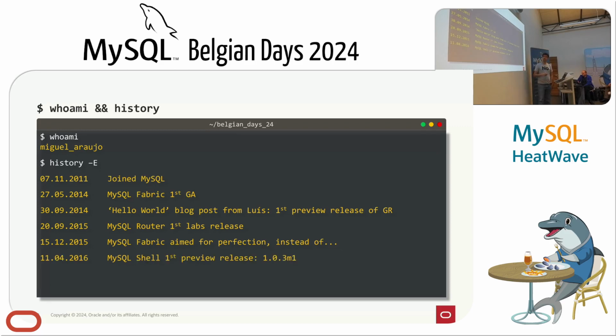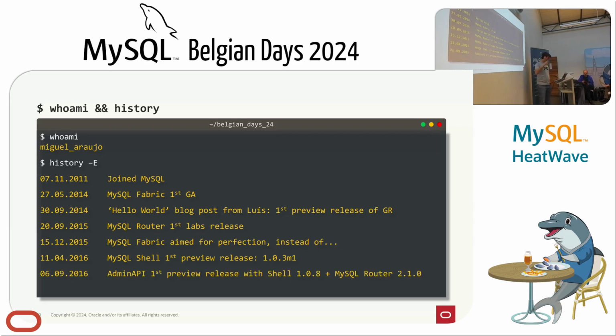And a bit after, I joined a new team. We were creating a new protocol, the DocStore, the X DevAPI, and with that came out the need for a new client that would support this new DocStore API, with support in both Python and JavaScript. So we created MySQL Shell from scratch, a new command line client tool, you know it. It started as this new client tool with support for SQL, Python, and JavaScript, and with the classic protocol and the X DevAPI supported as well. The first preview release was in 2016.